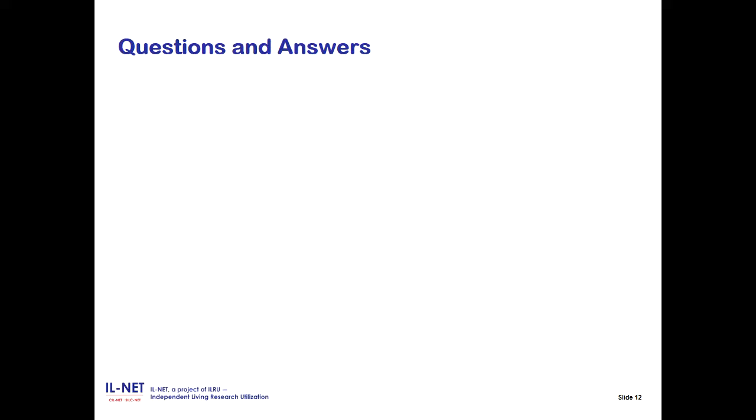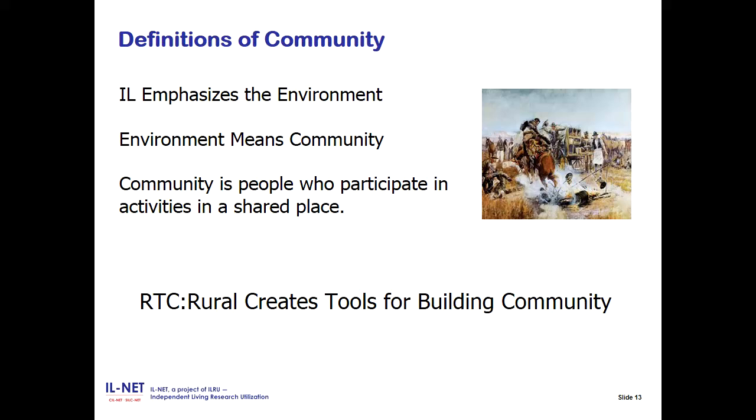Okay, thanks. I'll go to slide 13, Tom, and turn it back over to you. Thank you. So the picture here to start with is a Charlie Russell painting called Bronc to Breakfast. It shows a horse that's got a bee under its saddle at breakfast in a cattle camp, and is taking the rider through the fire. And around the chuck wagon are a lot of guys just watching and laughing.